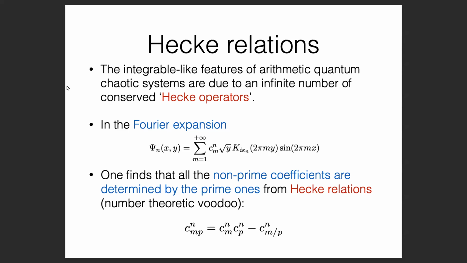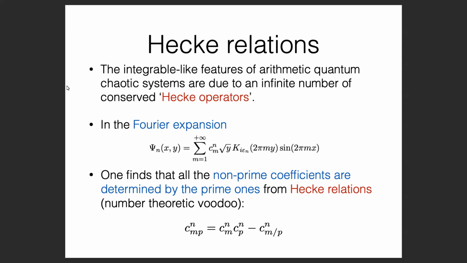One energy level. So sine is a Bessel function and a bunch of coefficients. These Hecke operators imply, you can show actually quite easily. I've called it number theoretic voodoo, but it's actually not that complicated, quite low tech. The voodoo bit is why it happens at 12, which I don't have a deep understanding of. But you can show that the non-prime Fourier coefficients